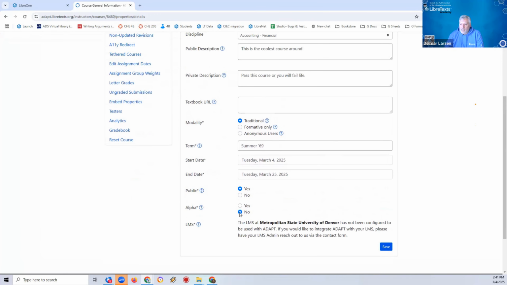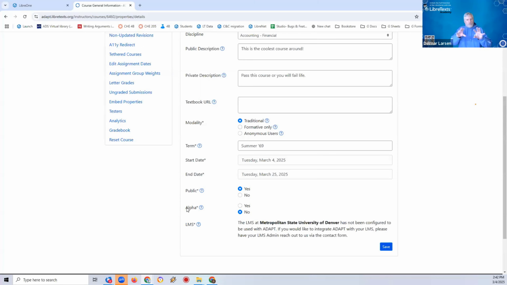So at this point, I want to talk about alpha. Alpha is a very peculiar name that we used in order to take the place of master. In other words, instead of master and slave, we talk about alpha and beta. The idea behind this is that this is a community project. So we want to build an infrastructure so someone can create a primary course or an alpha course, and then have secondary courses that are tethered to the alpha course. So when the alpha course changes things, the beta course can benefit from it.